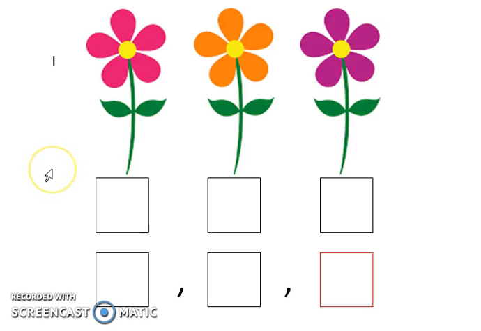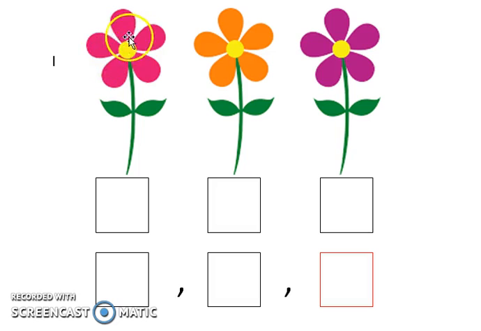So this is one more look at the concept of recognizing equal groups, and you can see that we have here 1, 2, 3 flowers. So each one of these flowers represents a group. So we have 3 groups, 1, 2, 3. Now we have to find out how many are in each group,